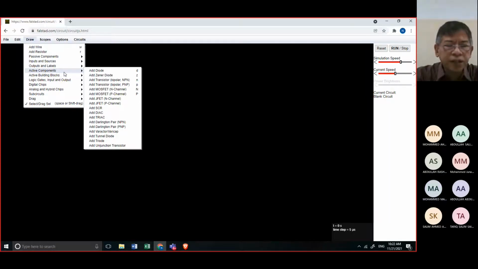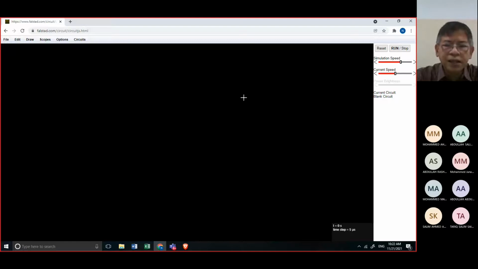Active components are diode, Zener diode, transistor, MOSFET, JFET, SCR. So SCR is in the form of an active component. So this is now our SCR. You will drag it down. So this is our SCR.